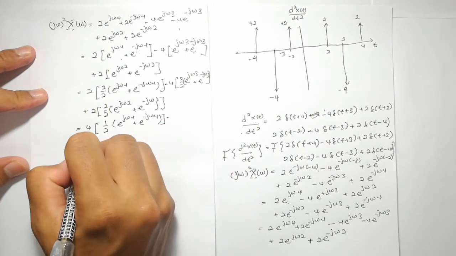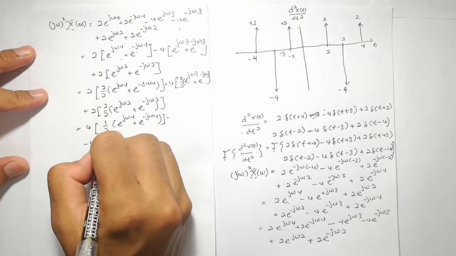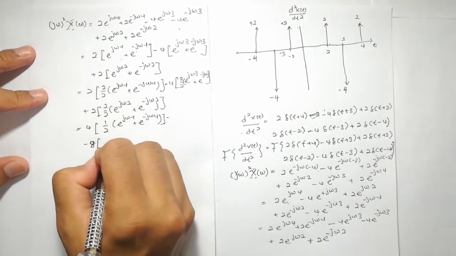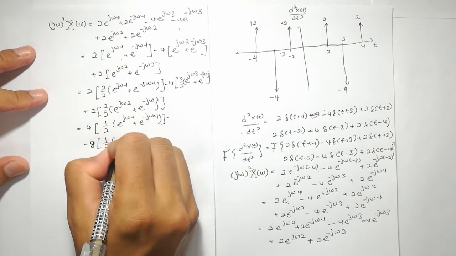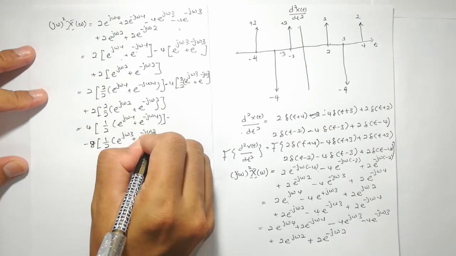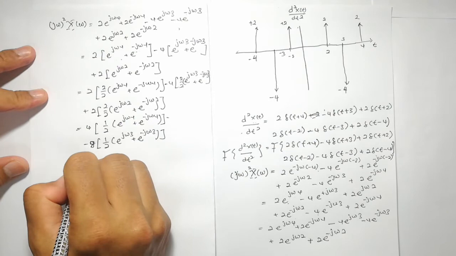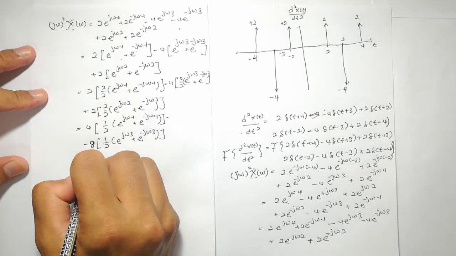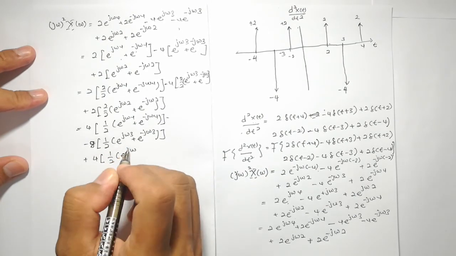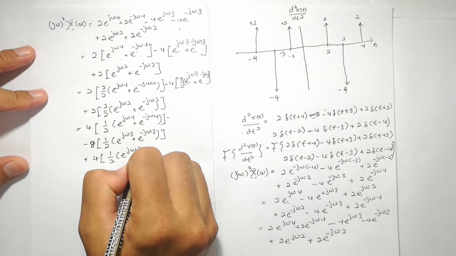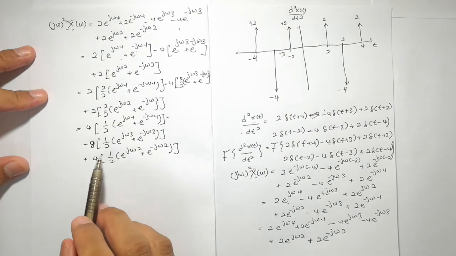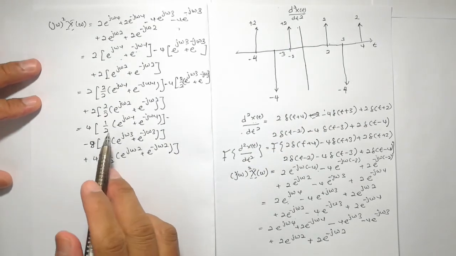And then this one will be equal to negative 4, and then multiplied with 2, so that means this one will be negative 8 times 1 over 2 e^{jω3} plus e^{-jω3}, and then the last one, you multiply 2 with 2, so you have 4 times half e^{jω2} plus e^{-jω2}. So we can use Euler relation for this case. So this will give us,